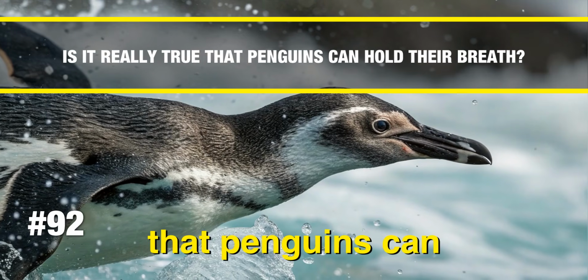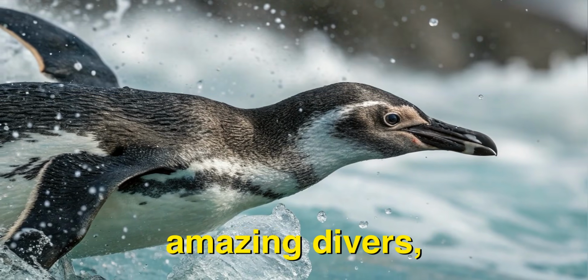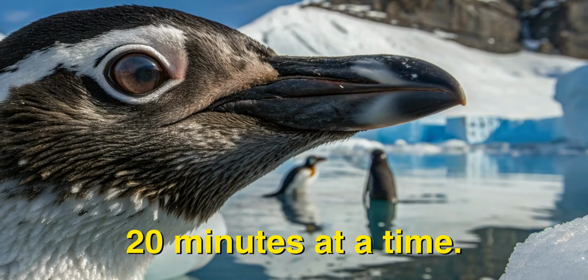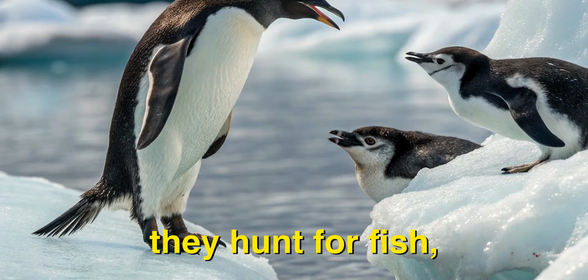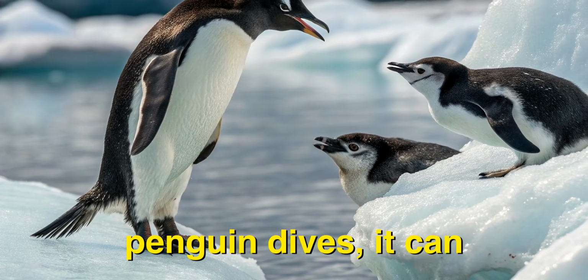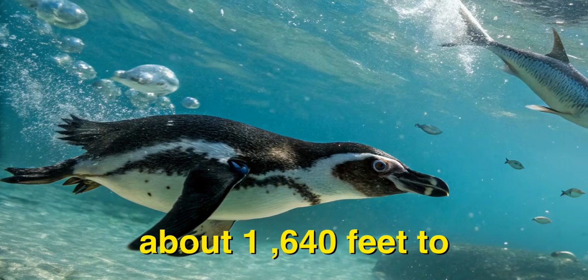Is it really true that penguins can hold their breath? Absolutely. These incredible birds are amazing divers, capable of staying submerged for up to 20 minutes at a time. This skill is essential for their survival, particularly in the icy waters of Antarctica, where they hunt for fish, krill, and other tasty food. When a penguin dives, it can reach depths of around 500 meters, about 1,640 feet, to